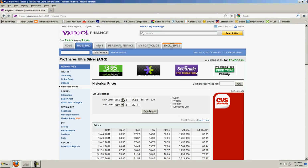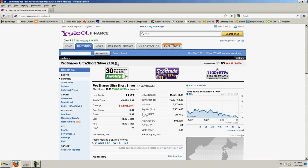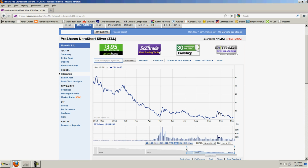So if we go back to the opposite ETF, this is actually the one that I was looking at investing in before I bought the AGQ put, and afterwards as well when I was looking at AGQ calls and other things. But this is the ZSL, and this is the opposite of the AGQ, and this was one that I was looking to short. At the time I wanted to short it was roughly in here, after the breakdown in the silver price, and I was looking to go long, and the first thing I looked at, of course, was